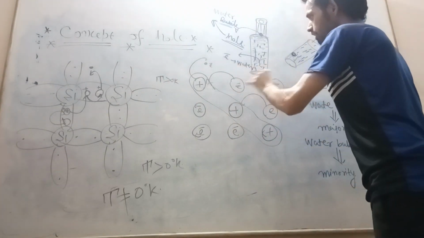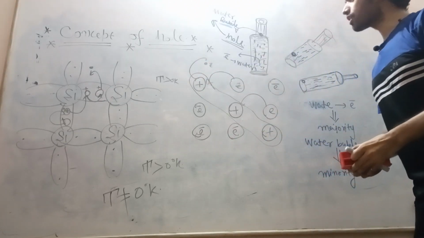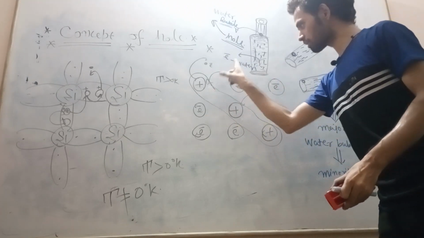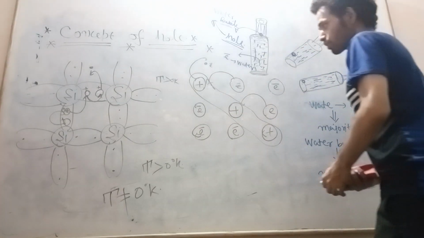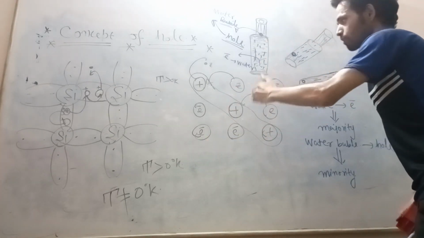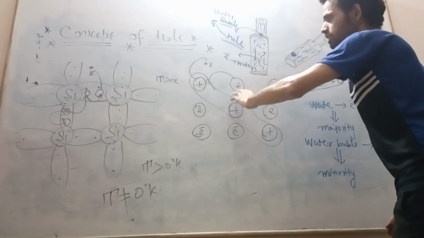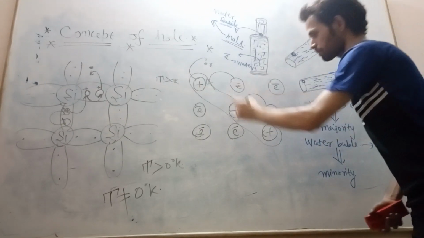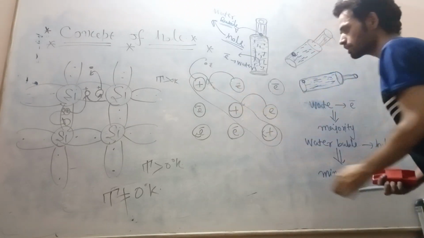Similarly here, the electrons are alternately filling a positively charged empty state and creating a new empty state. Alternately filling one empty state and creating a new empty state. So the motion of these electrons in the valence band, which are bound electrons moving from one bound state to another, is almost equal to the movement of a positively charged empty state. So this movement of the positively charged empty state will give rise to